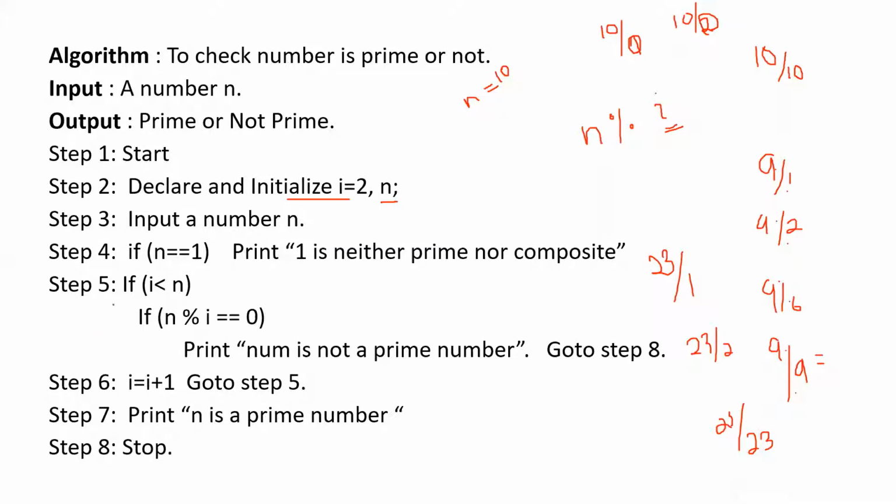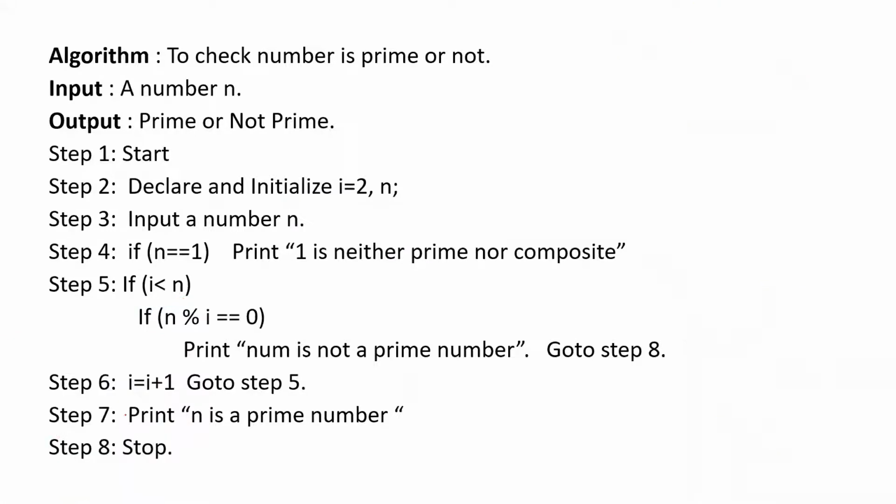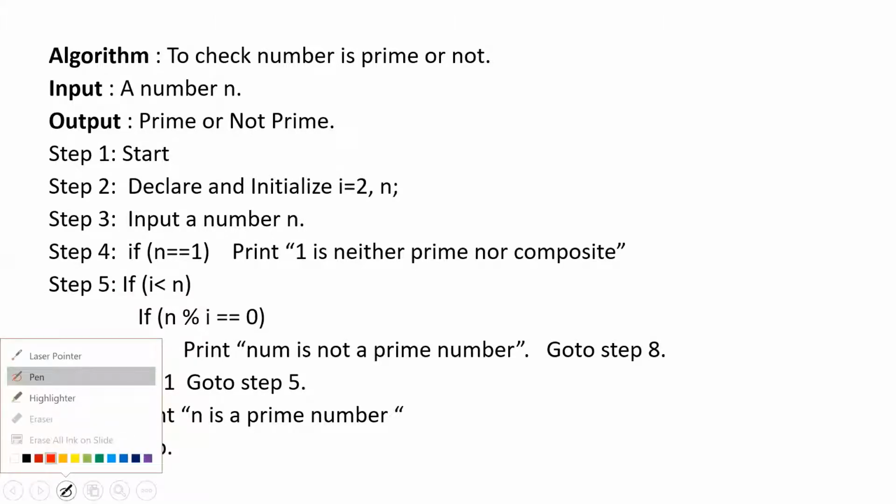You are telling about this if condition, right? Yes, ma'am. That only I am going to tell now, because I just now told that any number will be completely divisible by the number itself, right? So here we are avoiding two divisions. Which are the two divisions? You know that 10 divided by 10 will be 0. So why do that division?